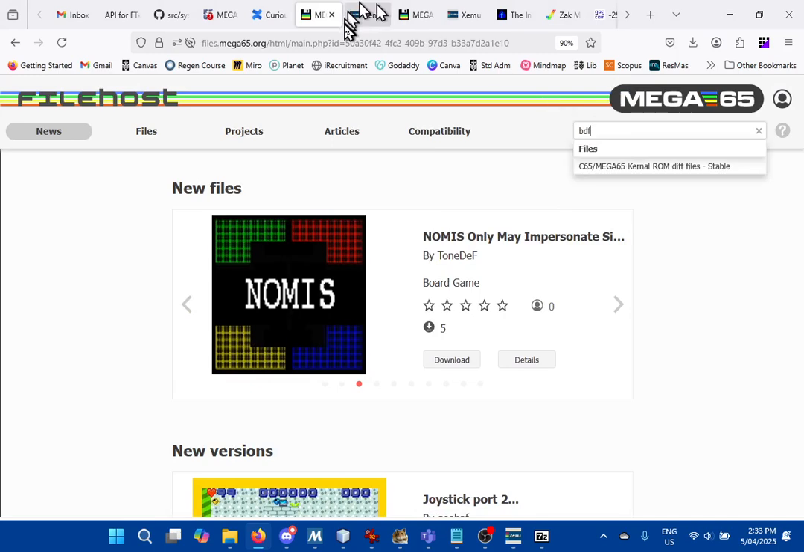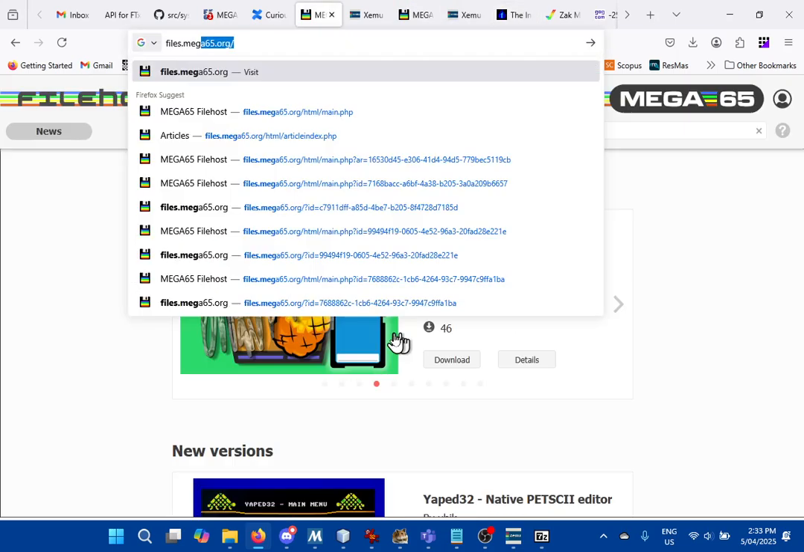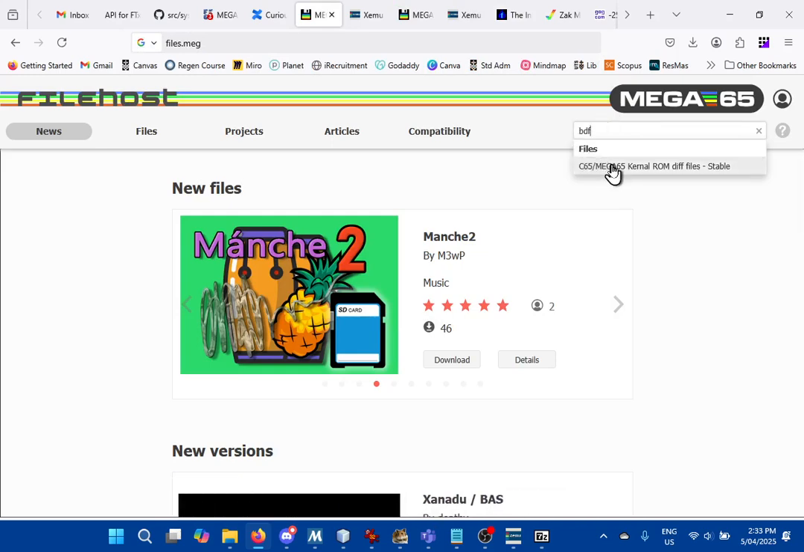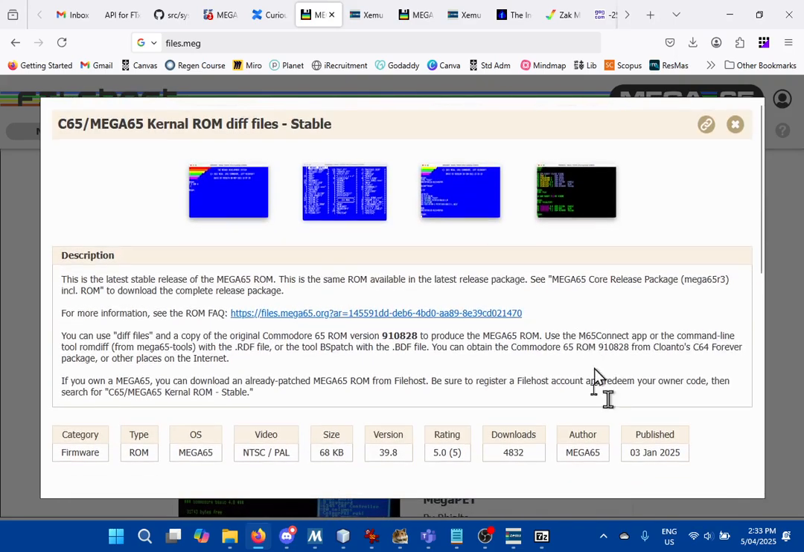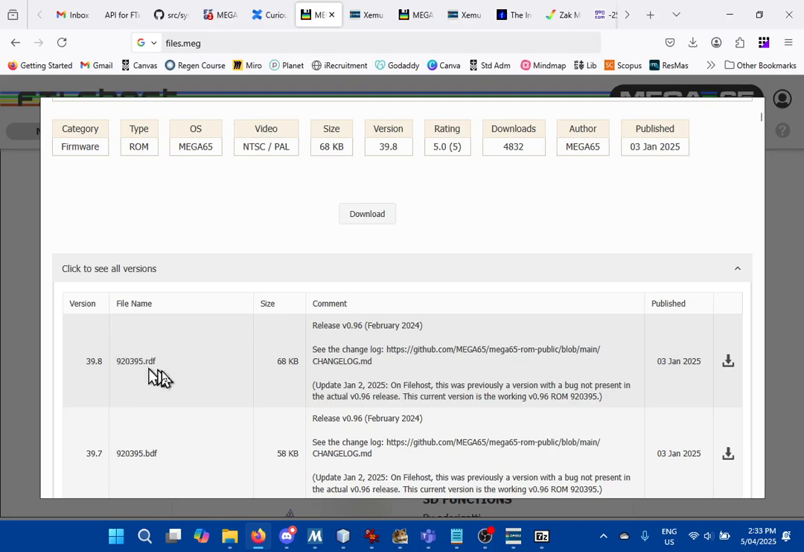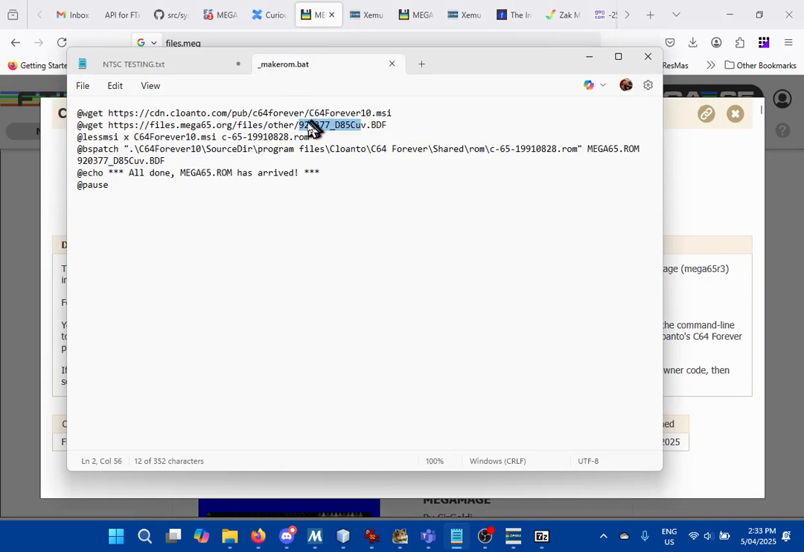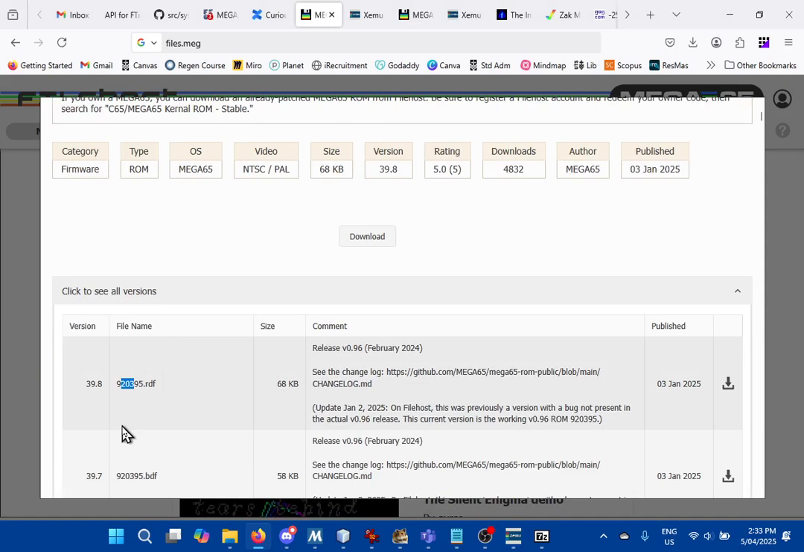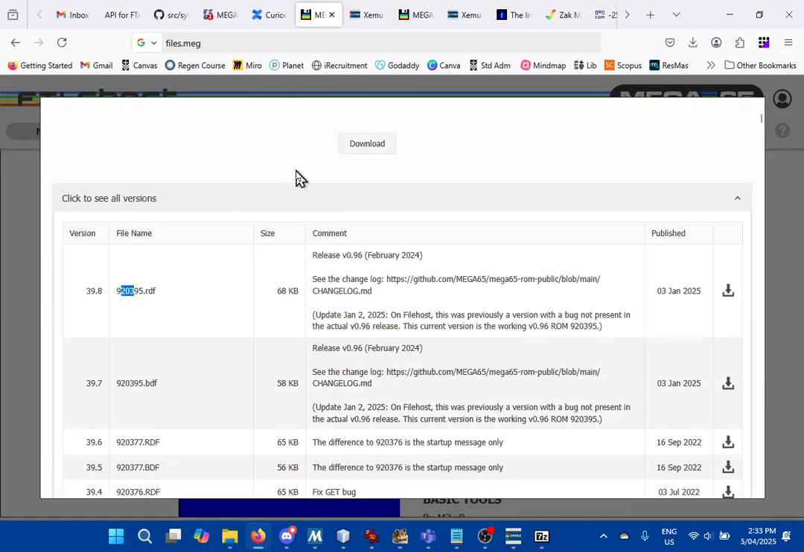I see on our file host, which is at files.mega65.org, I see there are some BDF files in here. They're marked as stable, but they only go up to a certain ROM version. If you click down here on the click to see all versions, they only go up to 395 and older. So the one they've marked it with is, so this patch is 920377. I mean, that's okay, I guess, but it'd be nice to update it to the newer ROMs, which go